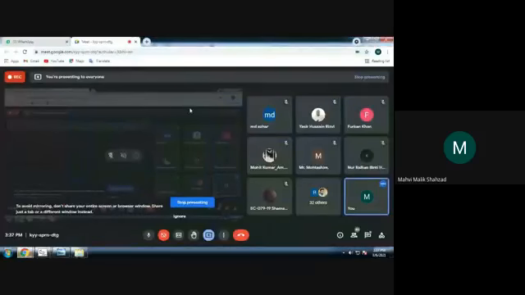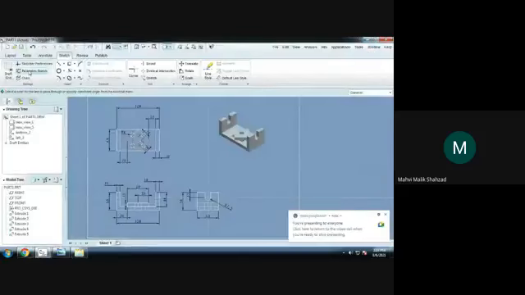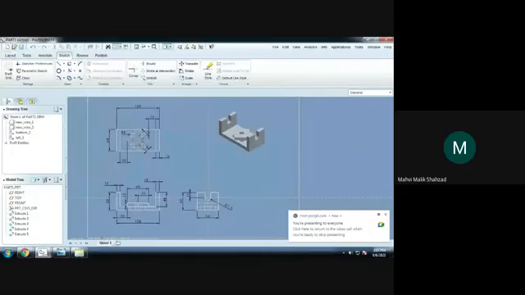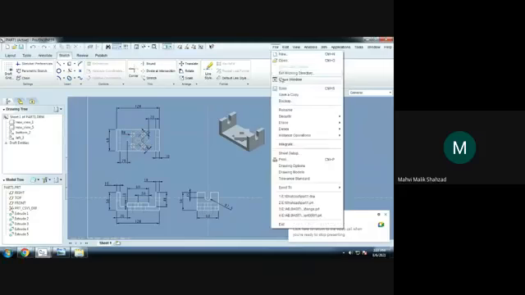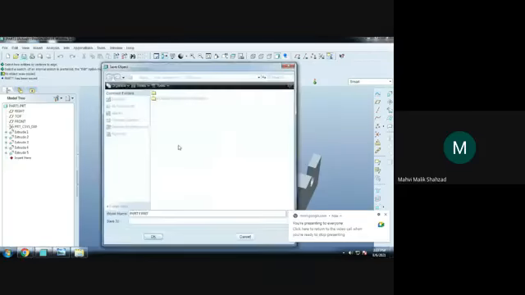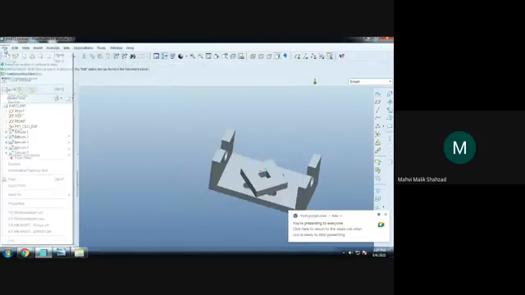So I will take the next model, that is, I will show this drawing. I will close this file and show this. I will close